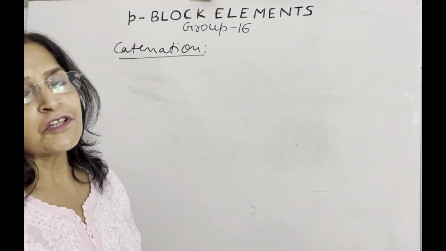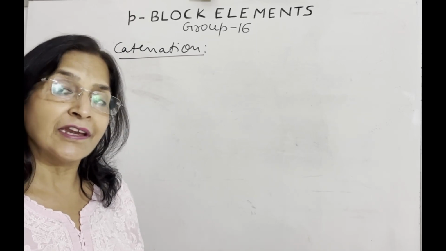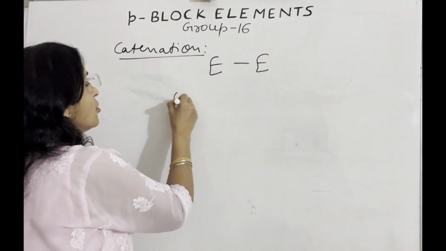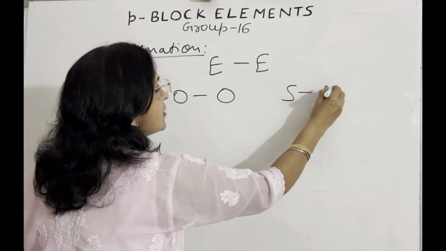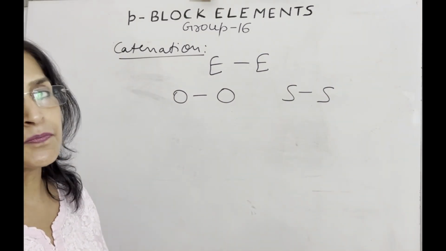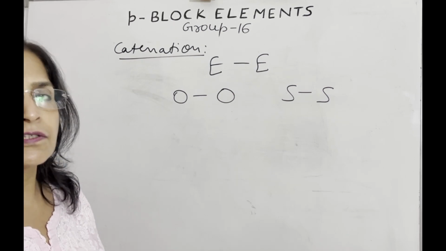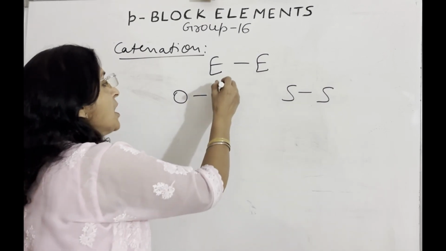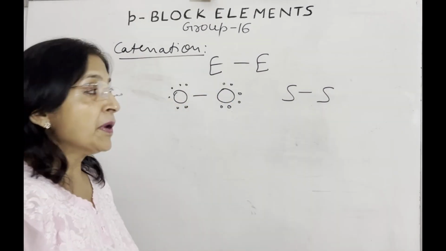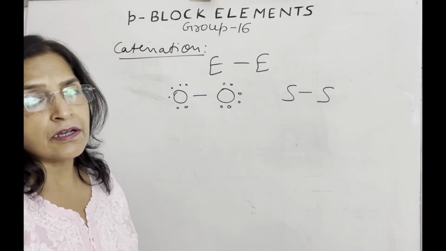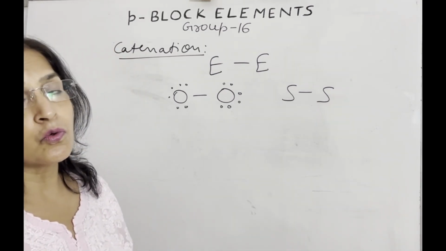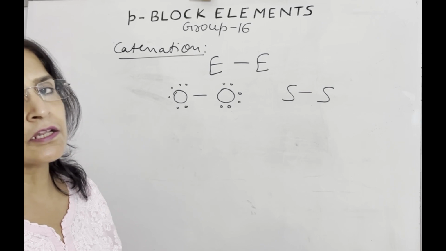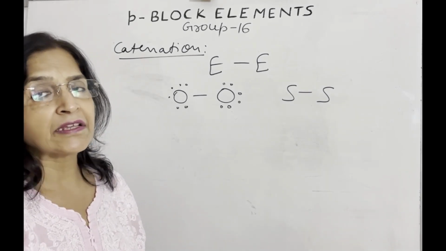Now catenation. Catenation power means tendency to link with its own atoms. And the catenation power depends on the strength of single covalent bond. Oxygen single bond is weaker than sulfur single covalent bond. Therefore, the catenation power in sulfur is much more than oxygen. Why is the oxygen single bond not stable? Because of the small size of oxygen, the lone pair bond pair repulsion is much more. But in the case of sulfur, due to large size, the repulsion is less. As we move from sulfur to higher elements, the strength of the single covalent bond decreases because size increases. Therefore, the catenation is seen maximum in sulfur.